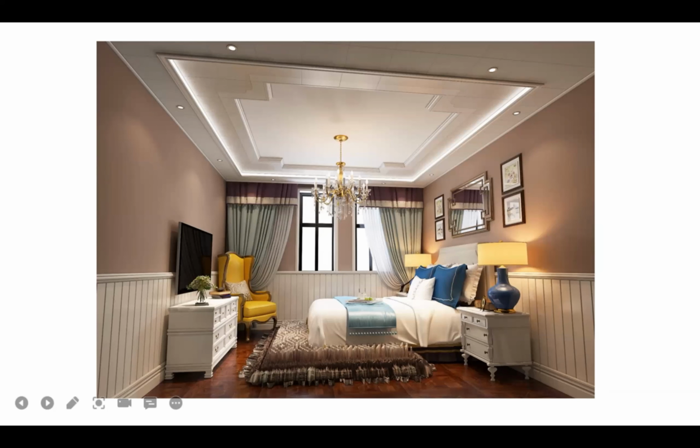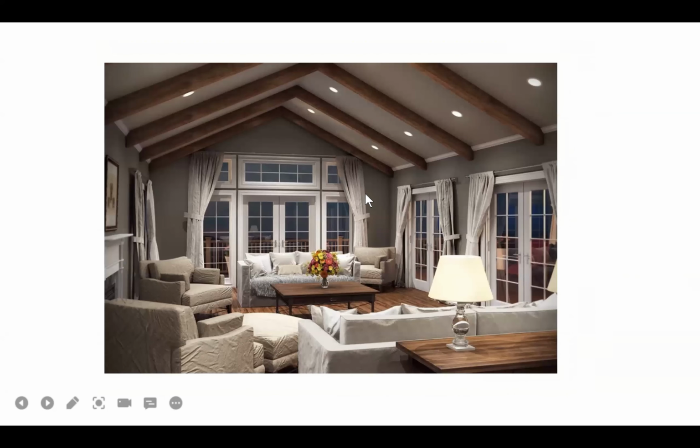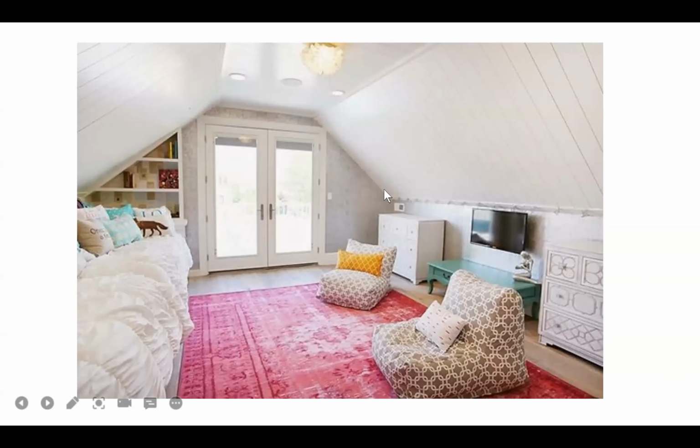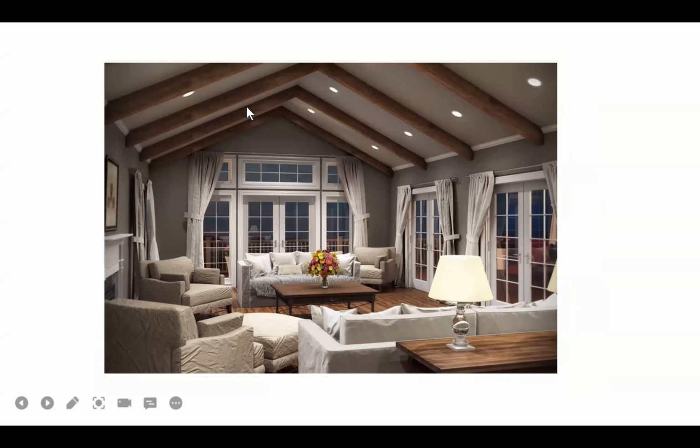And the next 3 are actually something a little bit more difficult. So if you have an attic or a house with an angled roof, or if you want to have a slope ceiling, how can we make a design like this one here? So this is the first one. The second one is very similar to number 3, but we have different designs, like this, the slope ceiling with the beam on both of the sides.